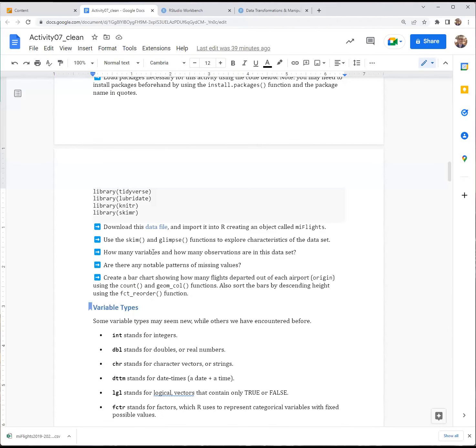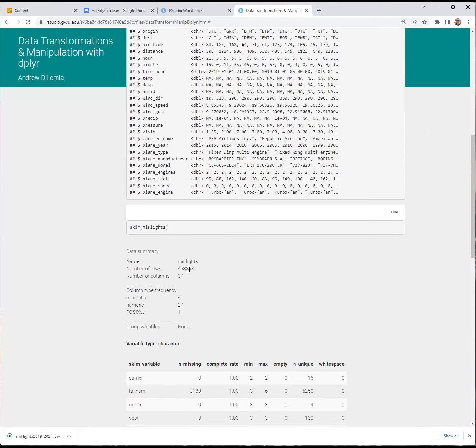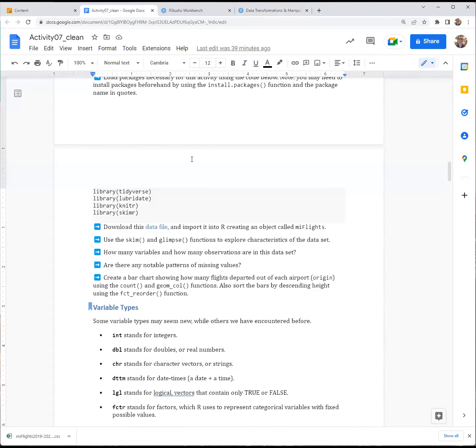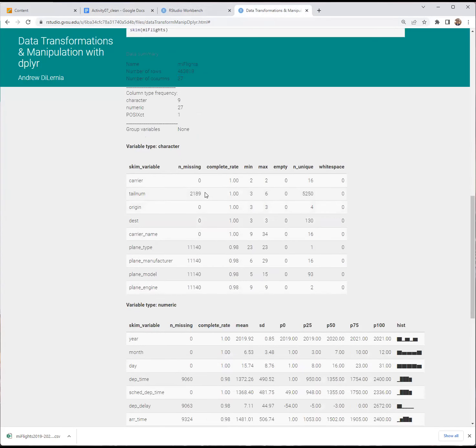Okay. So how many variables and how many observations are there in this data set? Okay. So we can see there are about 460,000 observations or rows, 37 variables or columns. Notable patterns of missingness. Okay. So skim is really helpful for looking at missingness. Here we can see,